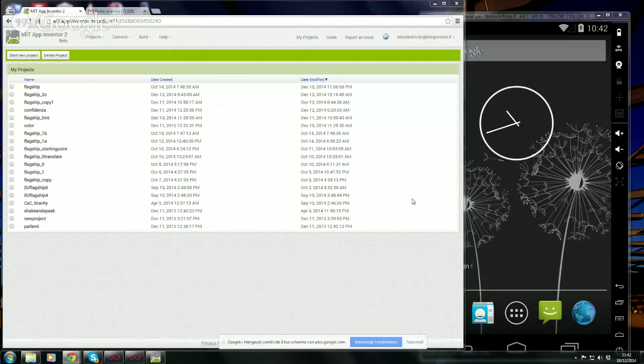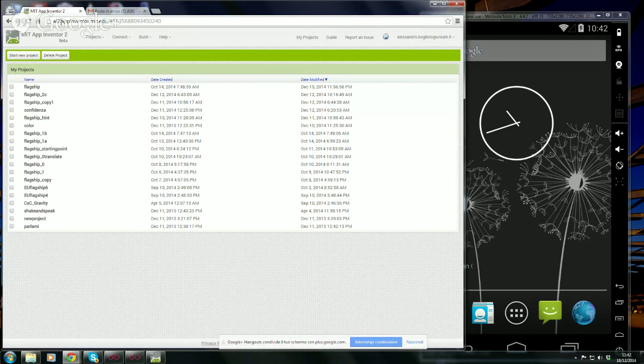As you know, today we are trying to develop our first mobile application, and in particular we are targeting Android platforms. So we are trying to develop a real-world mobile application for Android. In order to use the same building blocks that we have seen so far, we are using an online platform